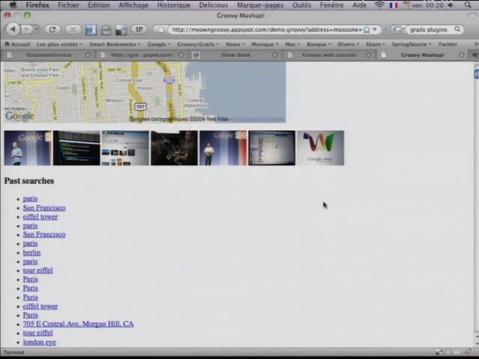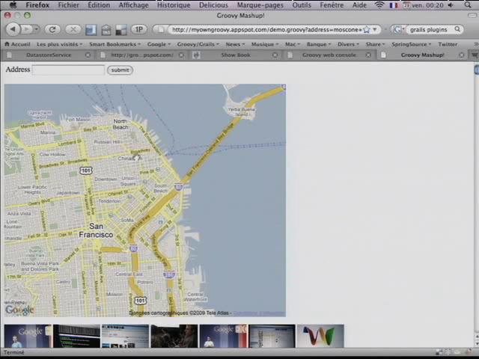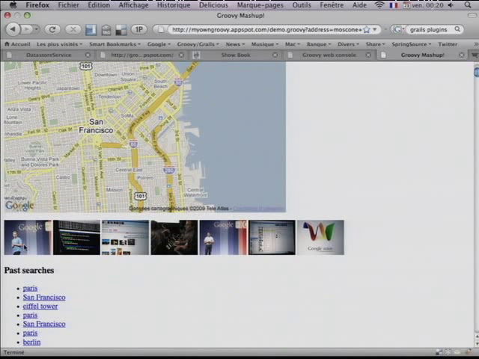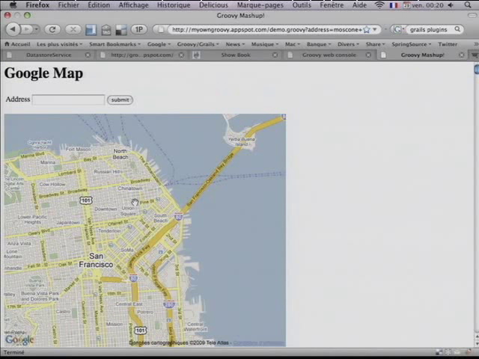I made a small mashup of Google Maps, the Flickr API for retrieving pictures, and I also used the Google geocoding service, so that if I put some, let's say, the Eiffel Tower in Paris, if I do this,